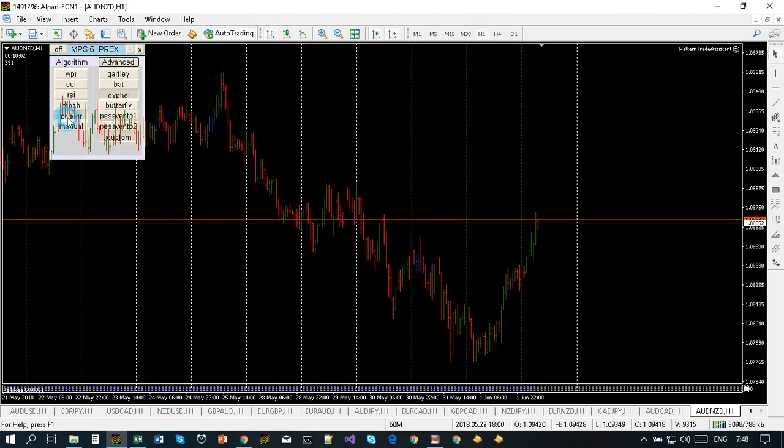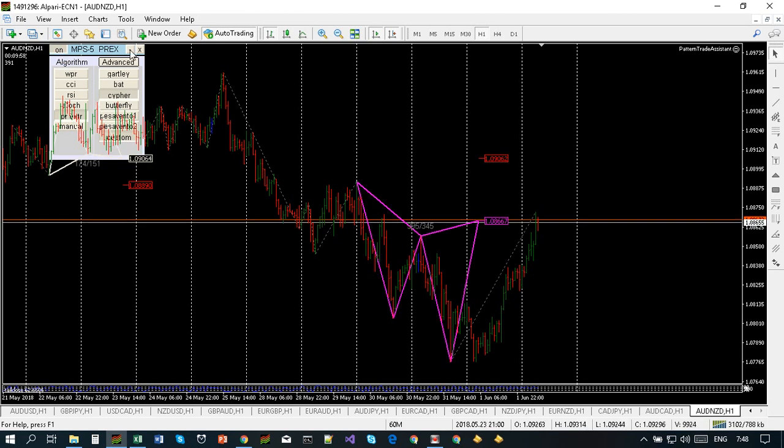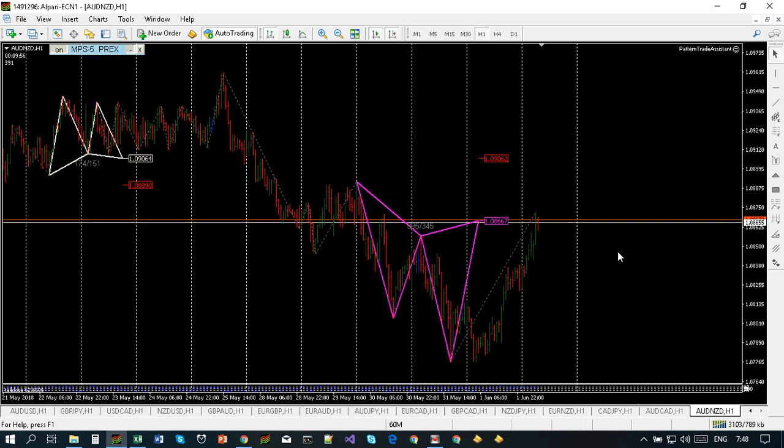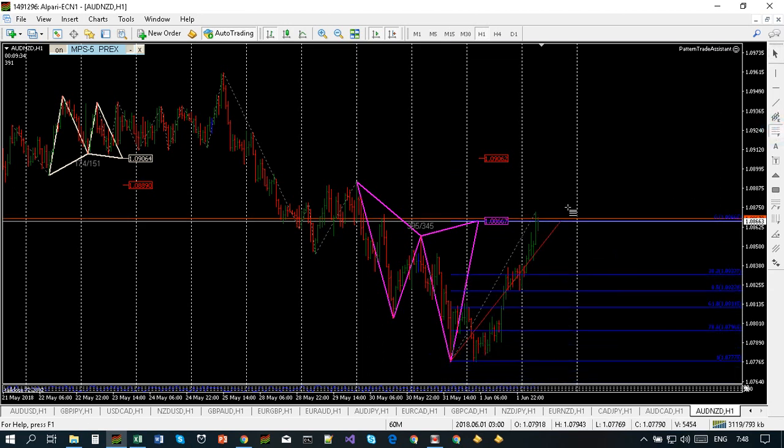Now let's go back. Let me switch that to automatic swing identification. Enable on. Here is the cipher. And watch the video attentively starting from this point, because I'm going to give you something that will be an eye-opening experience. First of all, the conventional rules of cipher pattern trading say that you should stretch your fibs from this to this,